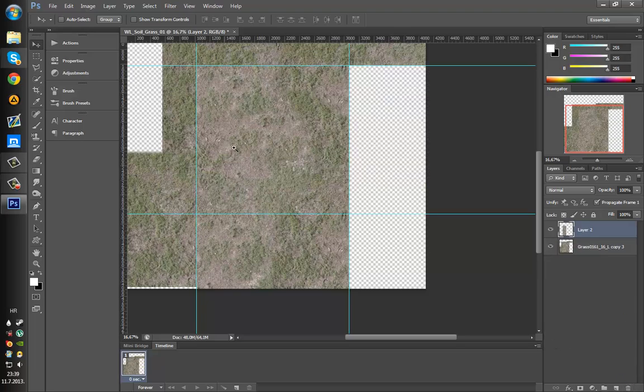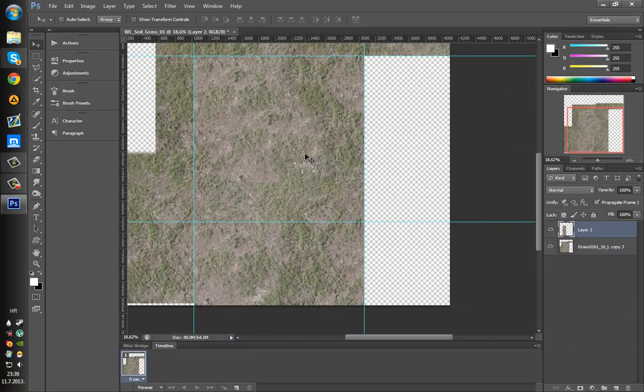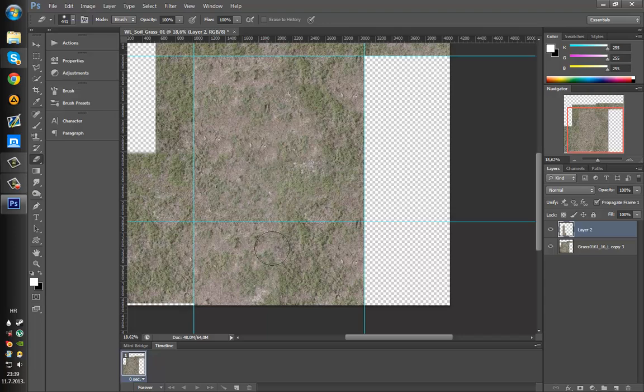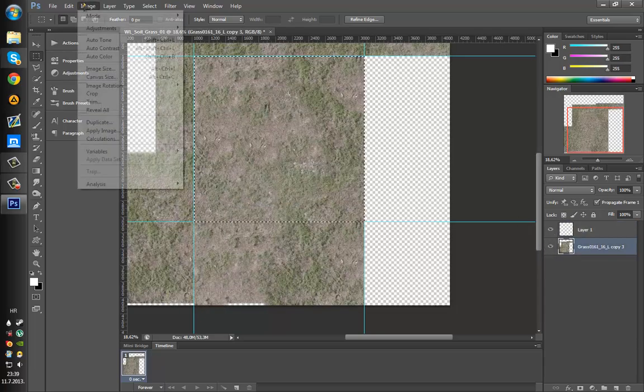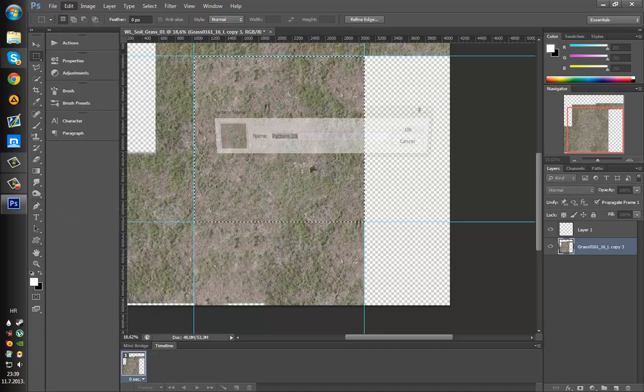and do this one. Okay, now we know that this part and this part already tile because it's basically part of the same texture, of course. Although we need to pay attention that this part and this part are basically the same level, because we want these to tile. The left and right are already tiling, and all we need to do now is check the texture. So let's just merge it back down, copy this, make a new layer, and just go to edit, define pattern,